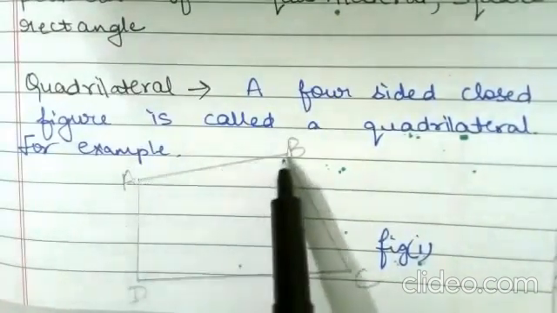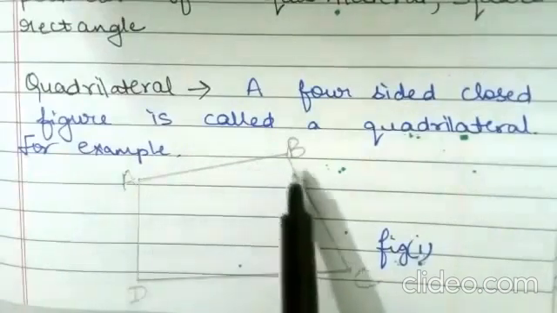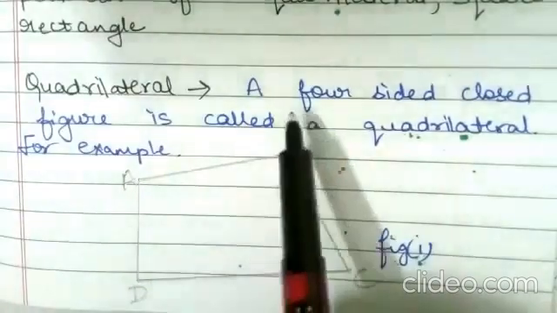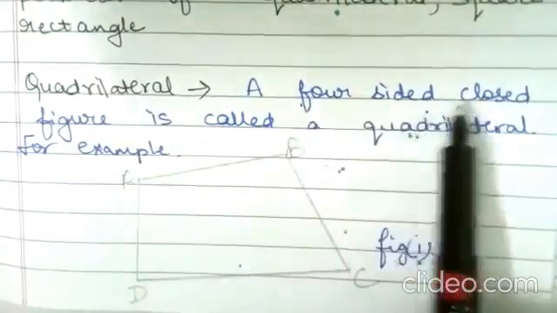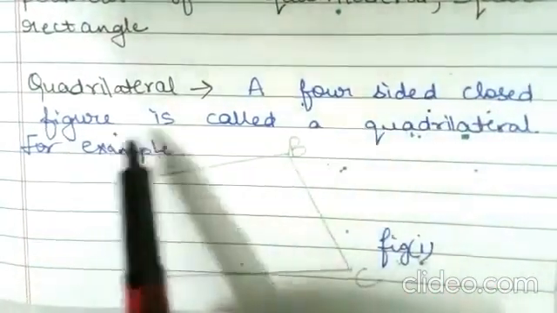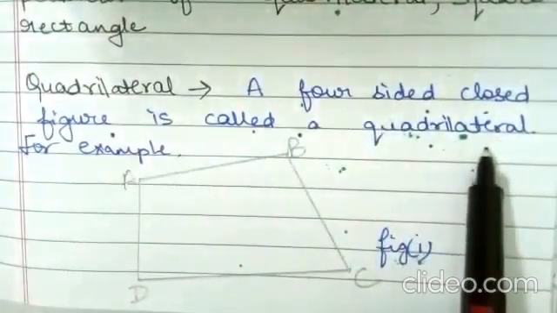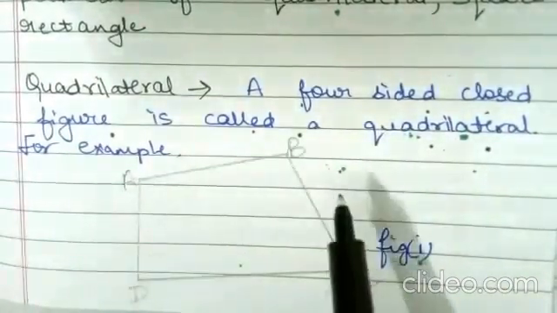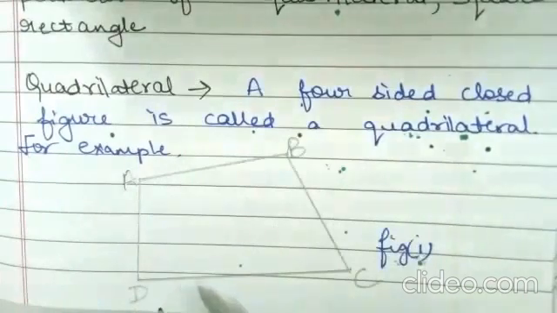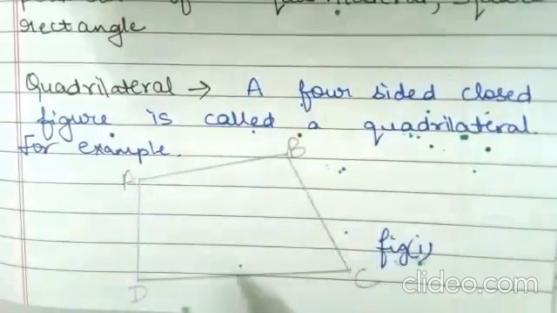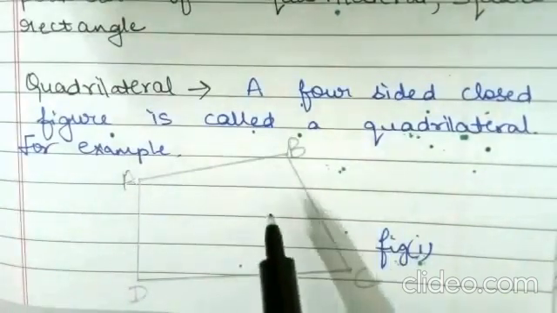And this figure is also closed. So children, a four-sided closed figure is called a quadrilateral. This example I have shown you. This A, B, C, D is a